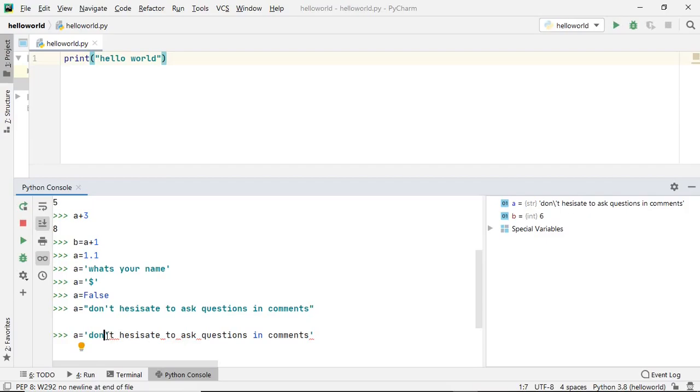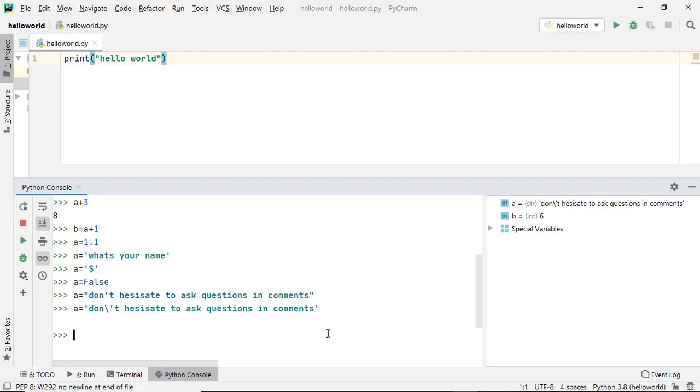You can use a backslash button that is above your enter. You can use this, and now if you try to run this, it will easily be stored. What does this symbol do to the single quote? It actually says to Python, this single quote has nothing to do with any function. It is as it is. Just print it as it is. Alright. So let's end this video, and we'll be talking about strings a little more in detail in the next video.